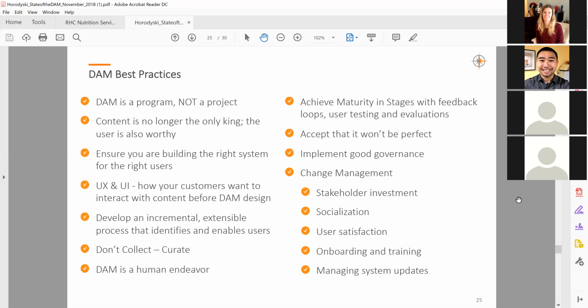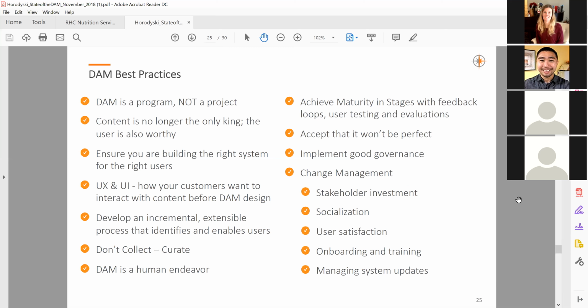The third one is sort of a trickle-on from this one: ensure that you're building this for the right users. As I hinted at before, I've seen people build DAMs literally for the wrong group of people because they did not take the time to consider who it is for. Marketing is potentially somewhat different than corporate archives, as it could be different from IT. So go figure out who this DAM is for and make sure you're building it for the right person and group of people.